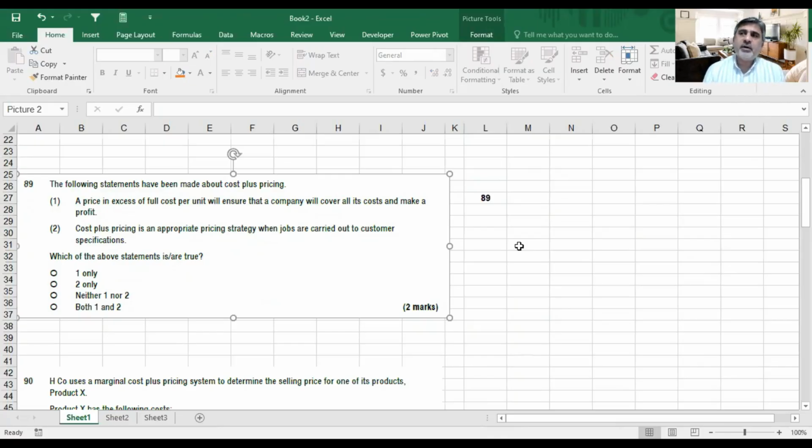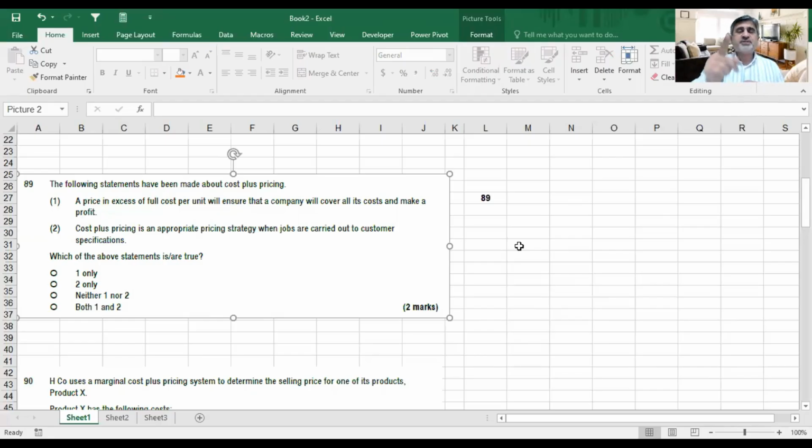Let me explain. It's a traditional way of pricing your product. Cost plus pricing means that you incur all of your cost, and it is also sometimes called full cost plus pricing, and it is based on the absorption costing method. You add your material cost, labor cost, variable overhead, and your fixed overhead. Whatever the cost comes to, you add your markup on top of that. So you say, whatever will be the cost, I need my 20% on top.